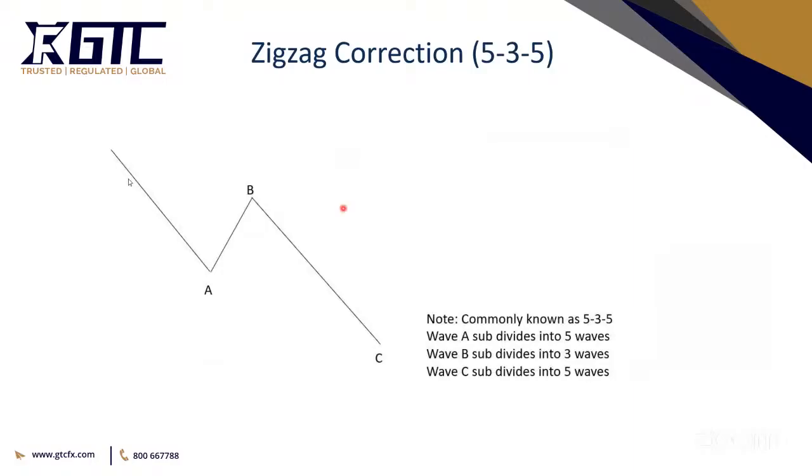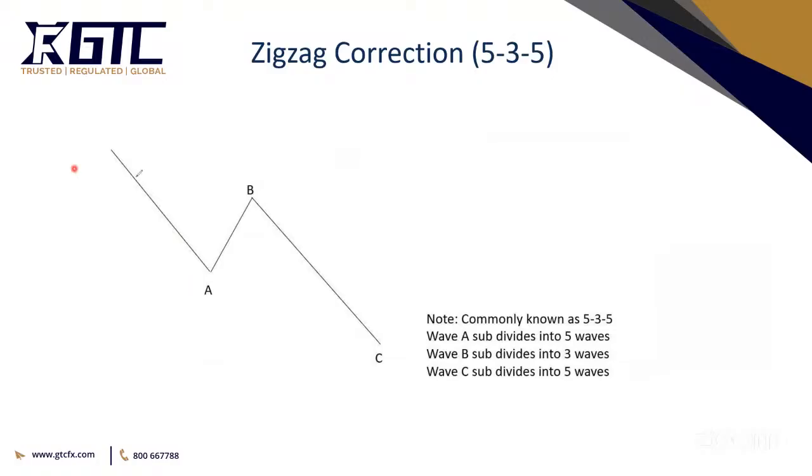It is also known as a 5-3-5. It means business. It doesn't take much time to unfold. It's a very quick pattern to unfold, one of the best to identify in the corrective waves. Otherwise, corrective waves are very tricky. Now, wave A